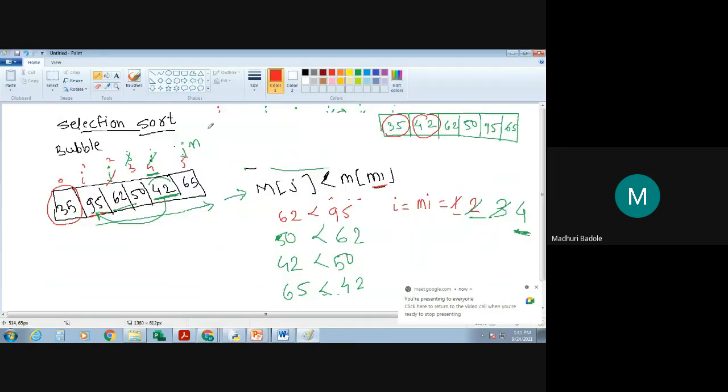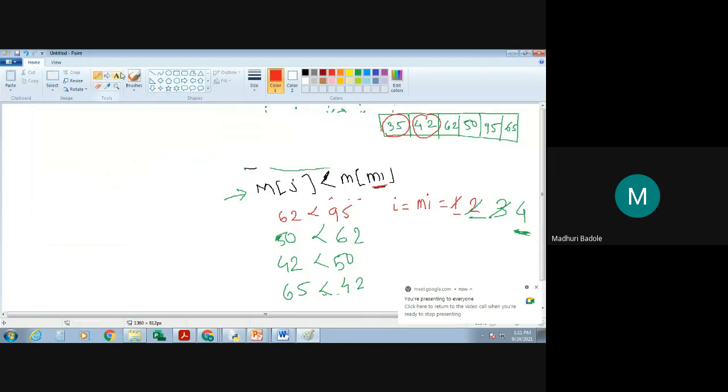Fine. Now you are going to proceed with the same procedure for this one as well. Now you are incrementing the value of i. Now your value of j will be this. And you are assigning the index i to the minimum index. What is the value of i? This is 0, 1, 2, 3, 4, 5. So the index of i is 2. That's why your minimum index will be 2.